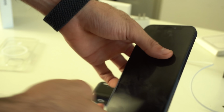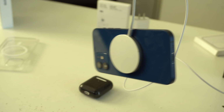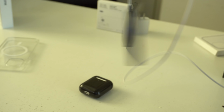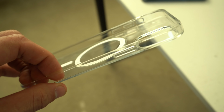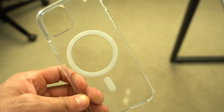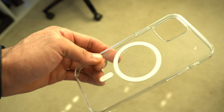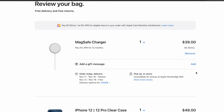And yeah, you could connect the two bare. You don't need to have a MagSafe case to charge with the MagSafe charger, but I would recommend considering picking up the MagSafe case. It really does enhance the experience. As I previously stated, the magnetic strength does increase when you have these two products together, because the case itself also has some magnets in it. So add in another 50 bucks and now you're at